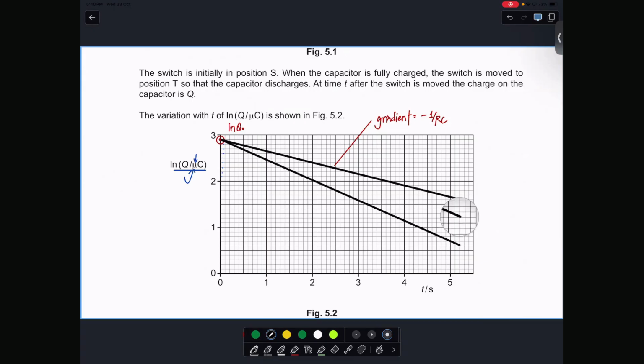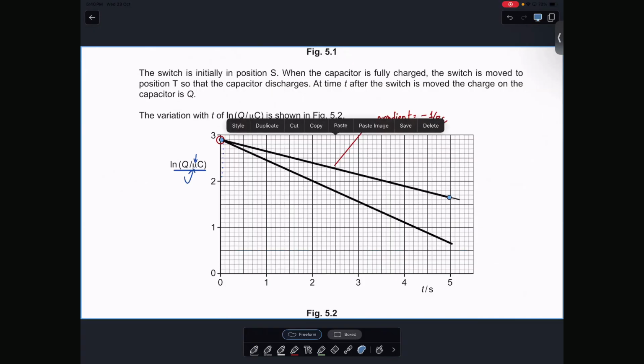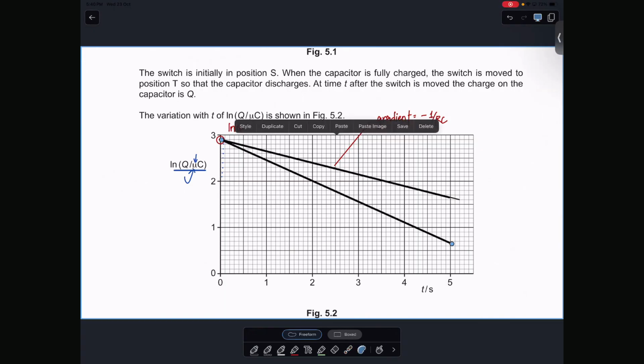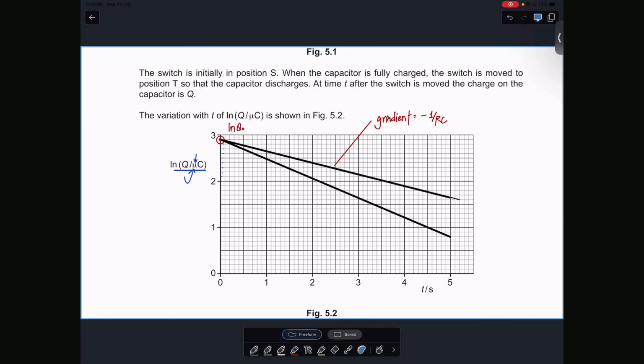So it's going to be like this. And they're very adamant about this, that you have to be very careful about the value. So let's see how to figure that out. So it crosses which location here? 1.6 maybe. So it's going to be half of that, 0.8. So this line must be crossing 0.8 like that. So you have to be careful about where it goes through, not just a random line. Okay.